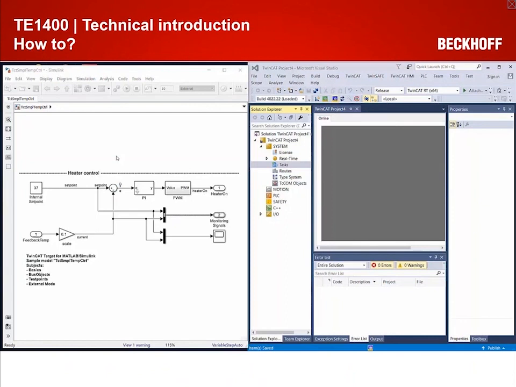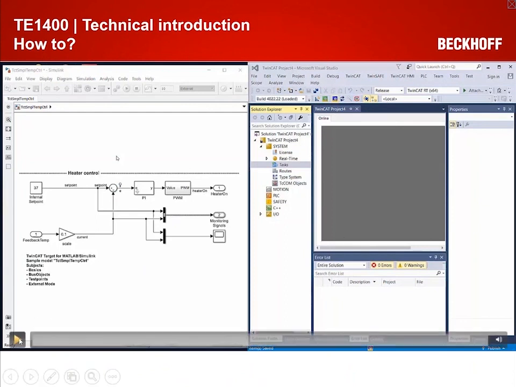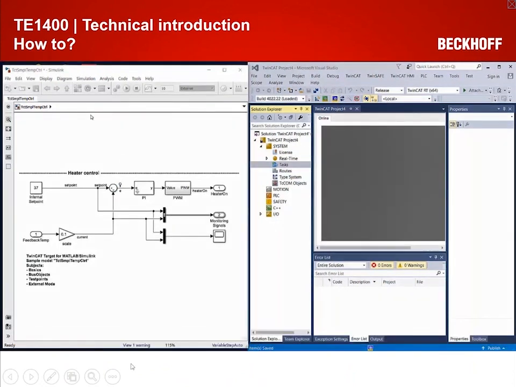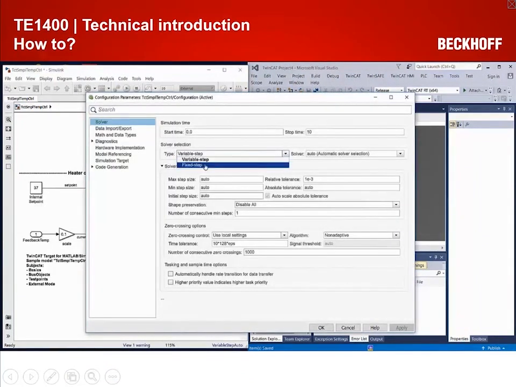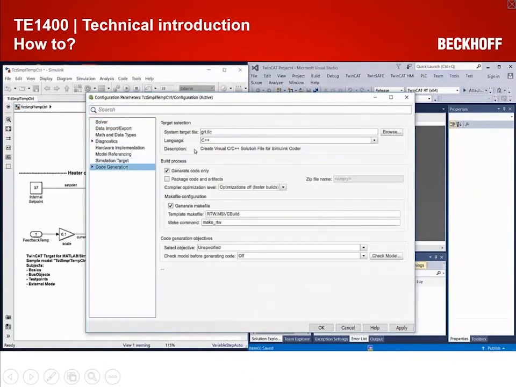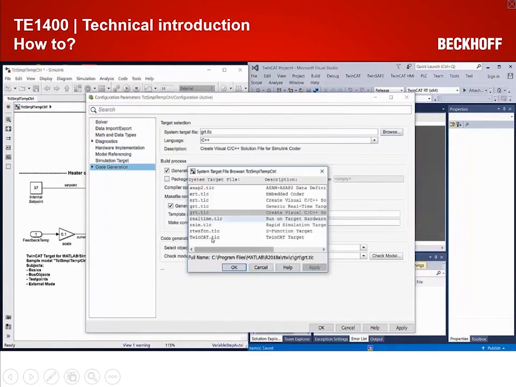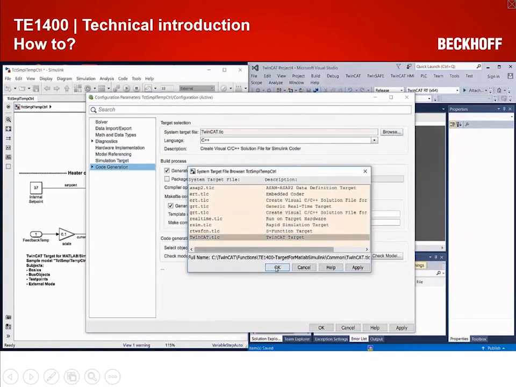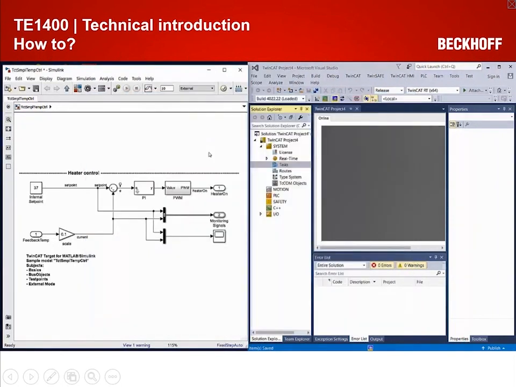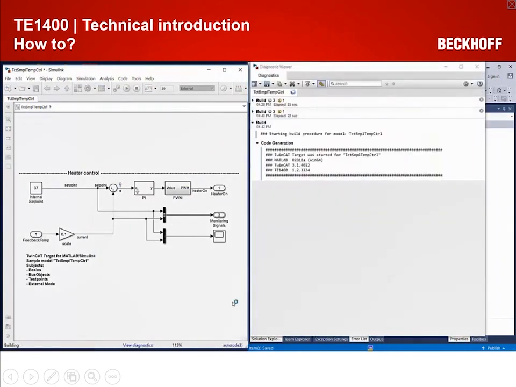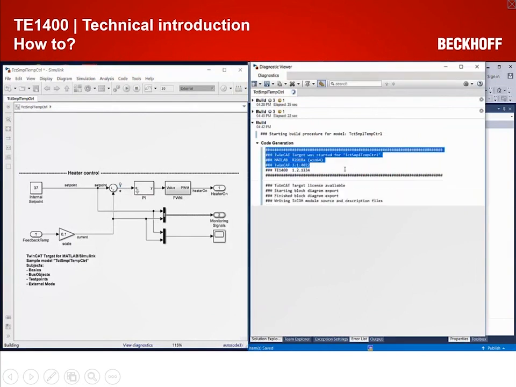How to? So this is the first introduction. Left-hand side Simulink, right-hand side TwinCAT. What you can do is to go to the configuration, choose a fixed step solver, click browse under code generation, select TwinCAT TLC as target, and we provide different properties. We will close this and leave it as default. The only thing that we need to do is go to build, have a look on the diagnostic view, and